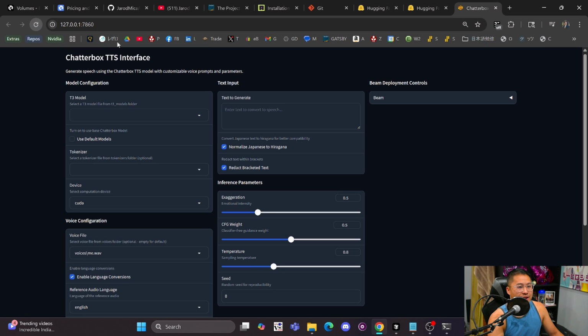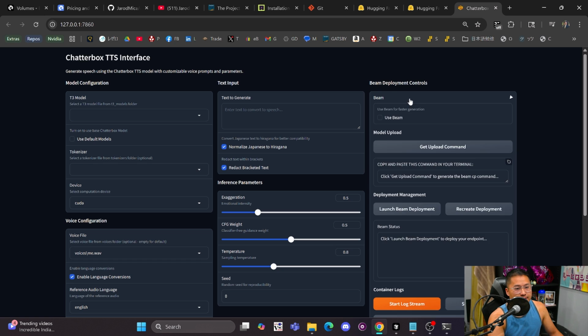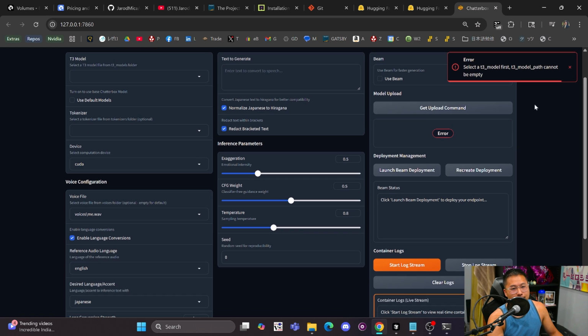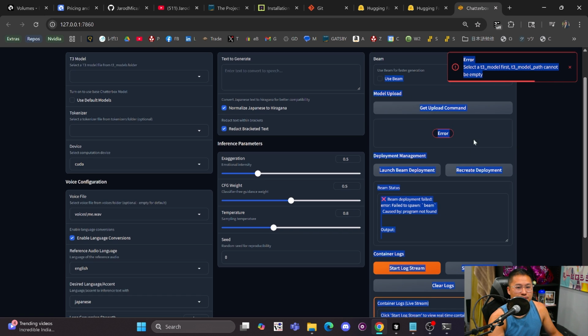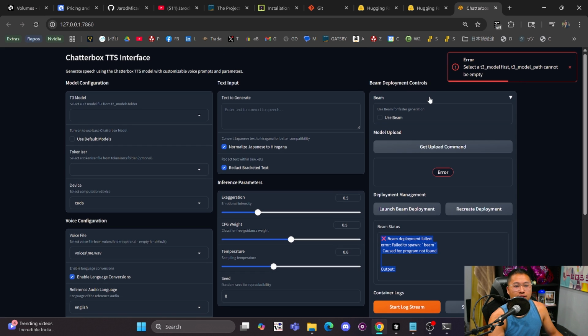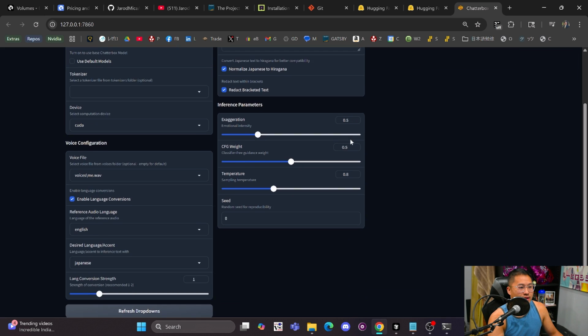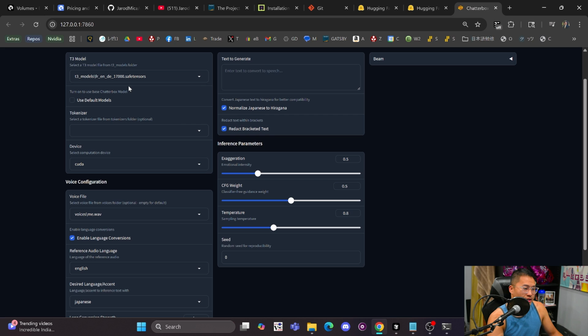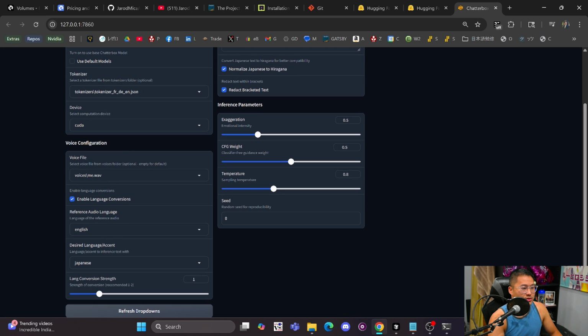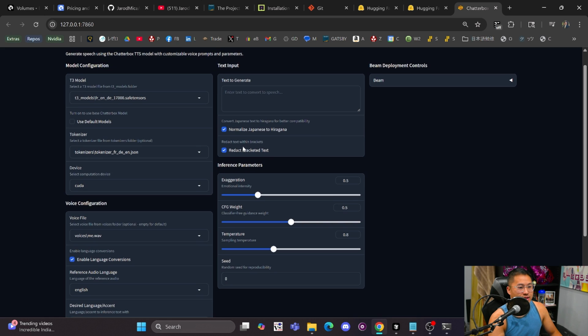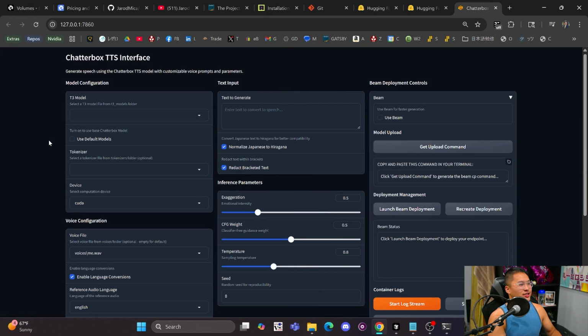So if I go ahead and refresh this page, and we've got it here. If I try to use like get upload command, I'll get an error. If I launch Beam deployment, I'll get errors. So none of this Beam stuff works, but everything locally does. So we could select the same French model, use CUDA, voices, all of these things, and we could re-inference on that too. Oh, and I actually forgot to show you guys one more thing, and that is this